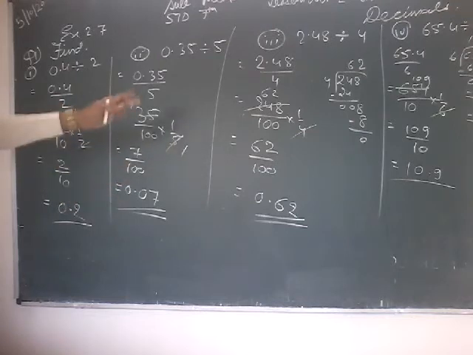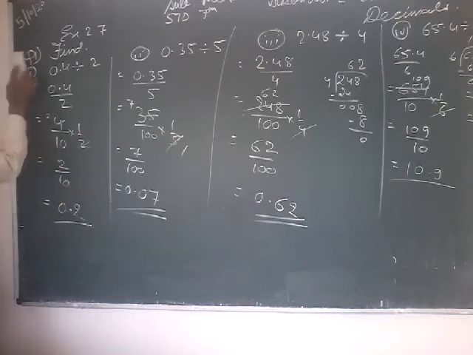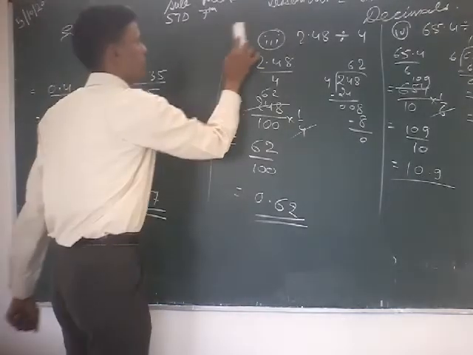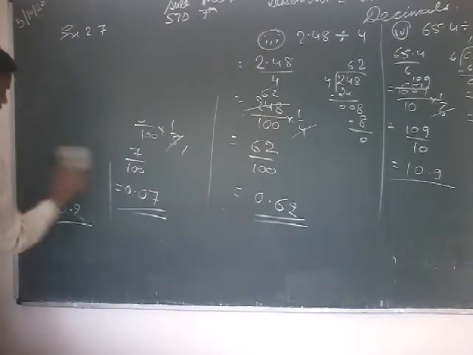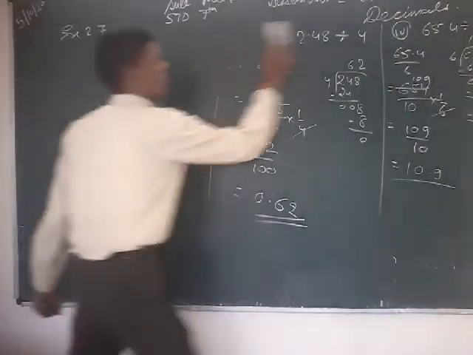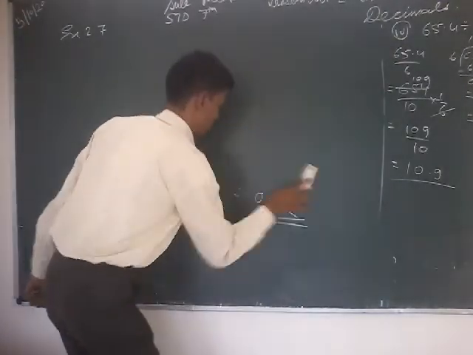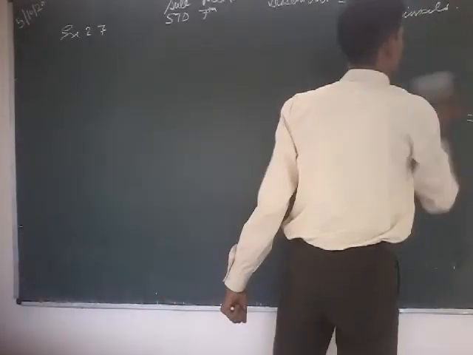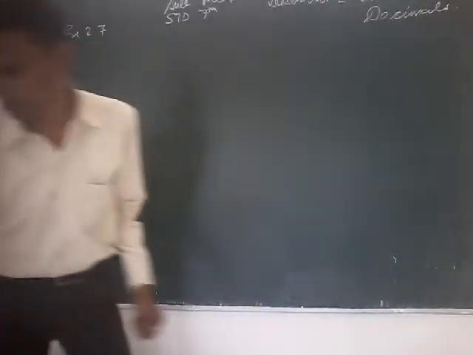Okay? This way you can solve the remaining sums in question number 1. The remaining sums are homework. You can solve them in your notebook. I am explaining question number 2. See. Fine. Again, divide 4.8 divided by